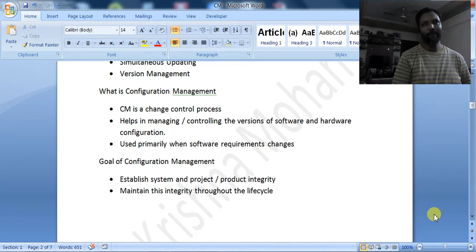supporting us. Not only the documents which are being prepared by the development company, like SRS, a test plan, a project plan, not only for those documents will this versioning be done. Sometimes what happens, the customer will also give some documents to us, such as the use cases. He may be giving some input documents.